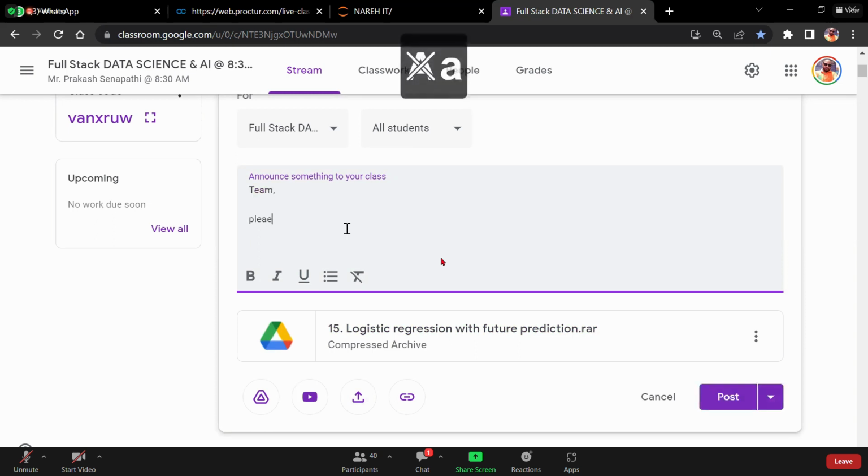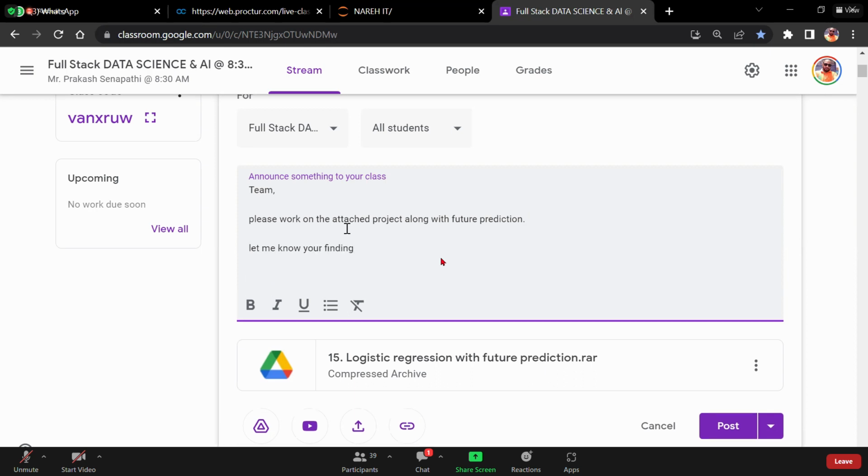Team, please work on the attached projects along with future predictions. Understand, guys, along with future predictions. And let me know your findings. And also, please tune with